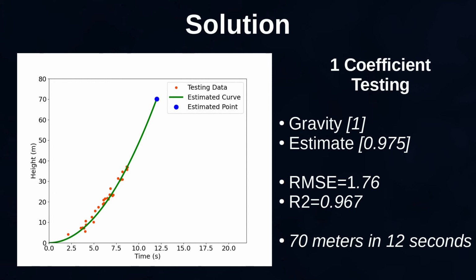As shown before, the blue robot drops the device and the device transmits back 12 seconds, which, by using the estimated gravity and the freefall formula, provide the answer we were looking for. The distance between the two robots is roughly 70 meters. And now the blue robot can send this information to the spaceship to save the yellow robot.